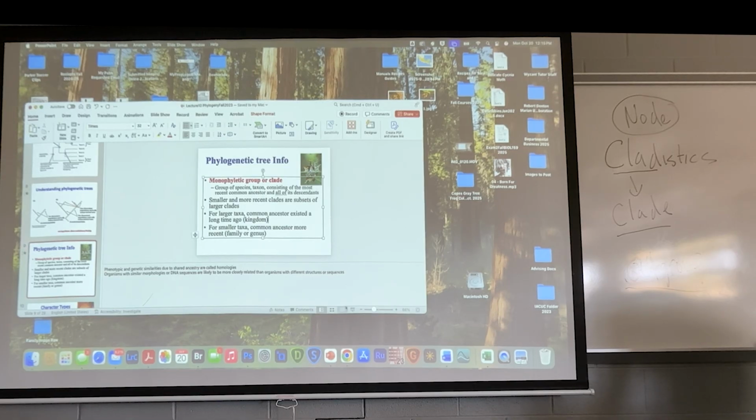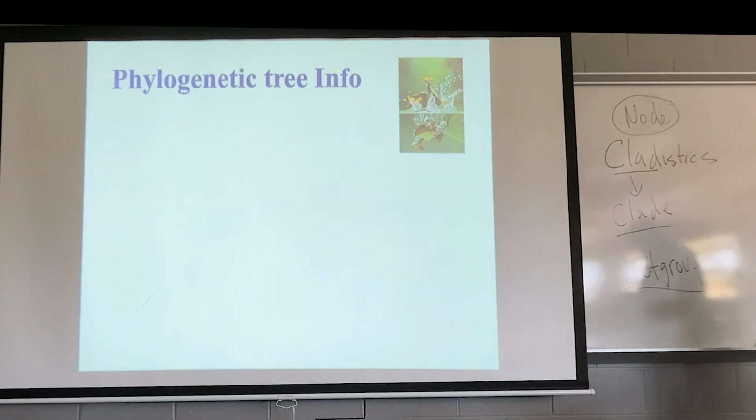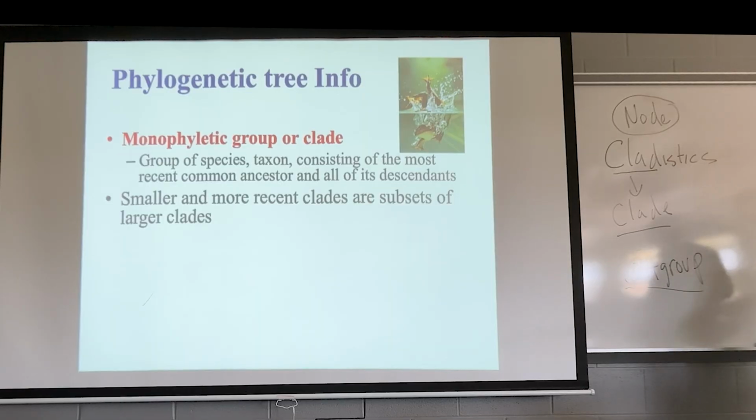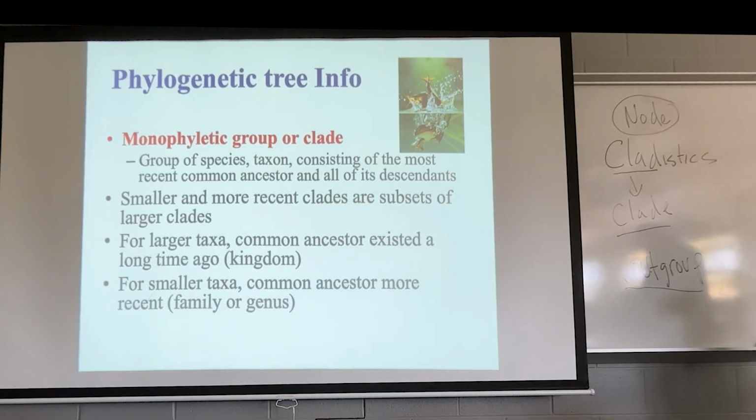There we go. Should be the most recent common ancestor and all of its descendants. Smaller and more recent clades are subsets of larger ones. So if we do this right, we can trace them all the way back to the kingdom they belong to, right? Like Kingdom Animalia or Kingdom Plantae or whatnot. The larger taxa are older. So kingdom, phylum, class are really old taxonomic and monophyletic groups, if they're monophyletic, and are typically pretty much agreed